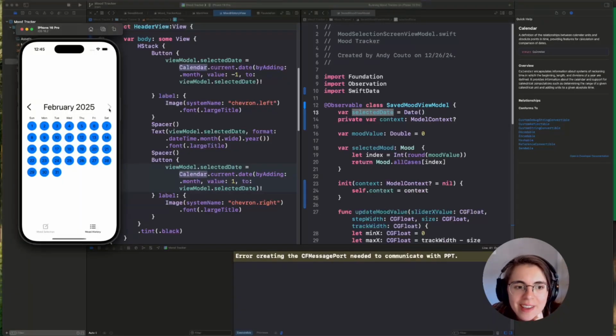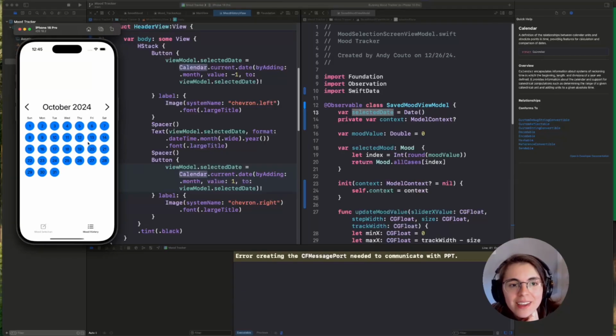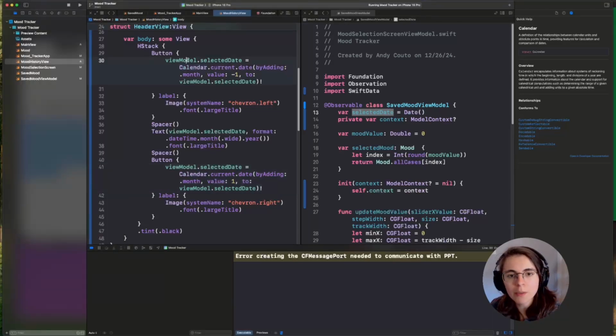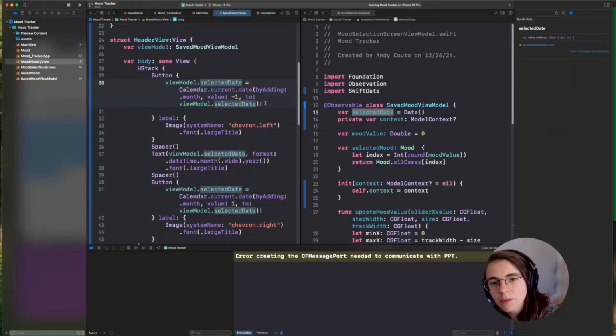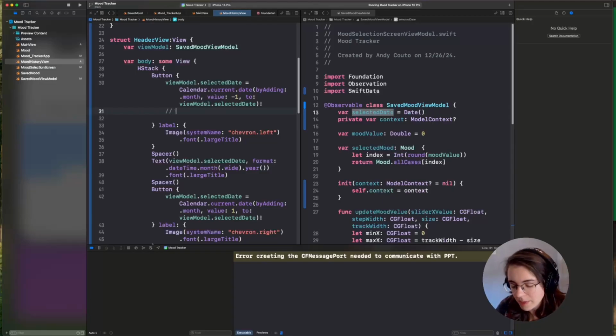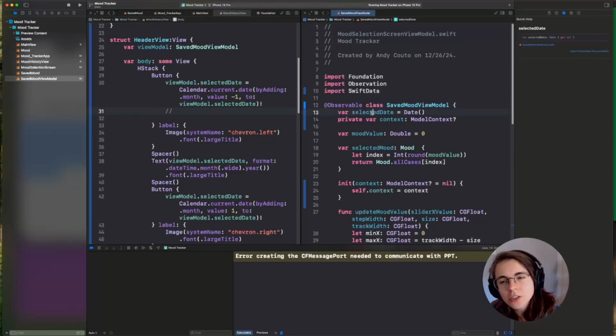If you notice, as you go forward and backwards in the months here, it's not updating the days in the calendar. That's the very next thing we're going to work on. Yeah, we get the text here, but now we need to update the days of the month. So when we set the selected date, we're probably going to want to update the days of the month. I'm not sure if I can do a didSet on selectedDate. That's another way to go about it. So instead of everywhere in the code where you set it to something else, you also update the days of the month. We could do something like